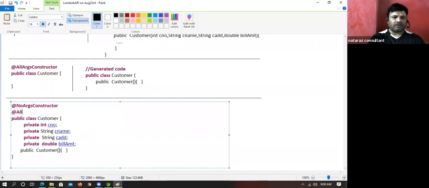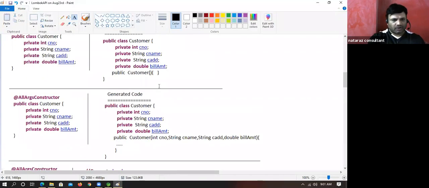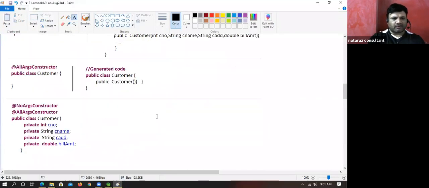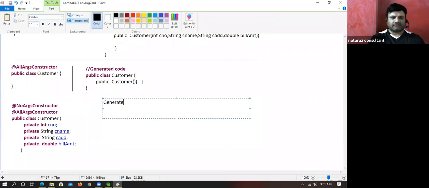Next we have all args constructor. No args constructor and what? All args constructor. If both are placed, then what will be the story, boss? No args constructor and all args constructor. Then what will be the story? The generated code is